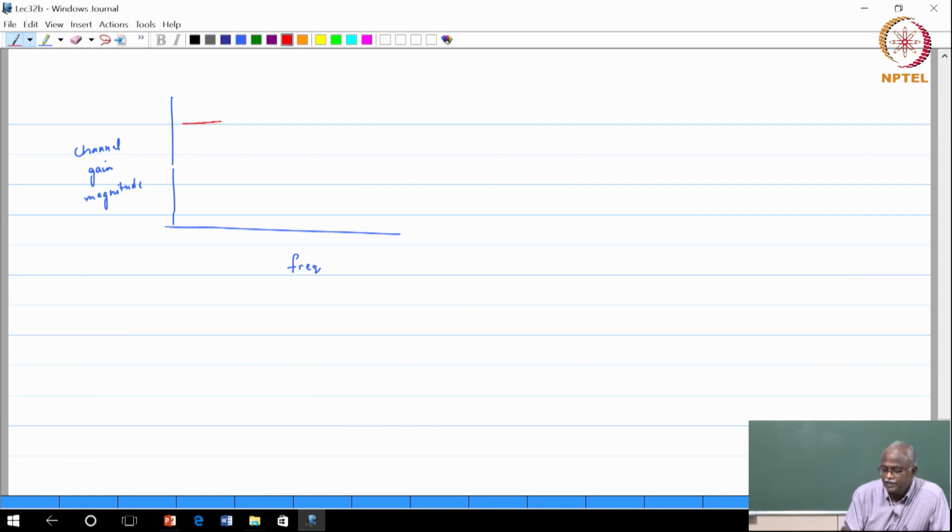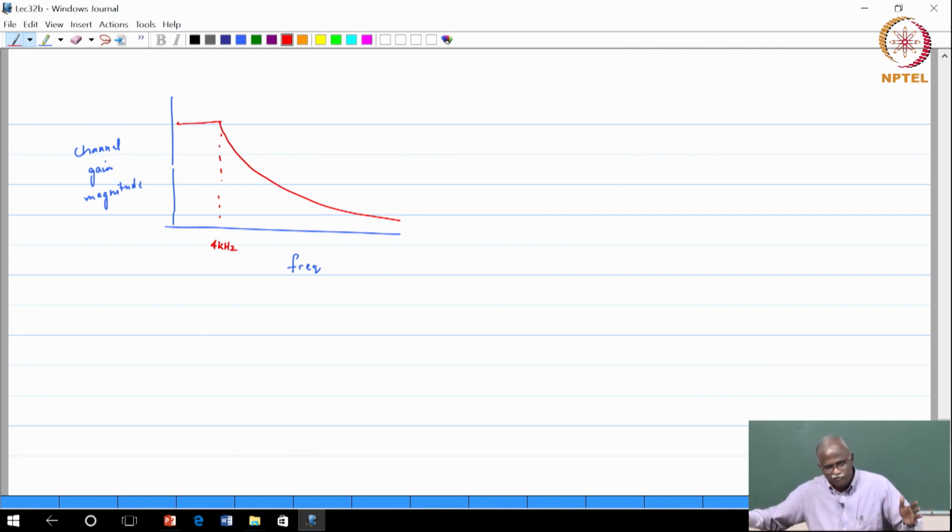It had reasonably flat response to around 4 kilohertz, and that is why all voice transmission happens in 0 to 4 kilohertz. Okay, it does not have very good transmission around DC, so you do not extend it all the way there. So it starts from low frequency all the way to 4 kilohertz, and after this it just sort of goes off. So what people did was, well, the gain falls off very fast, so basically at high frequencies there